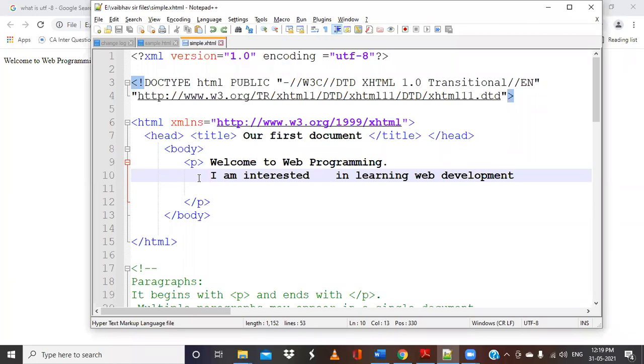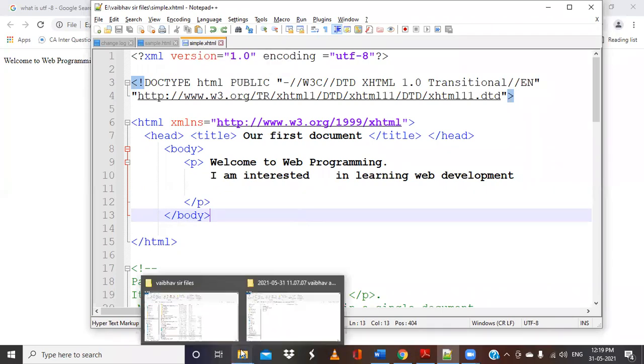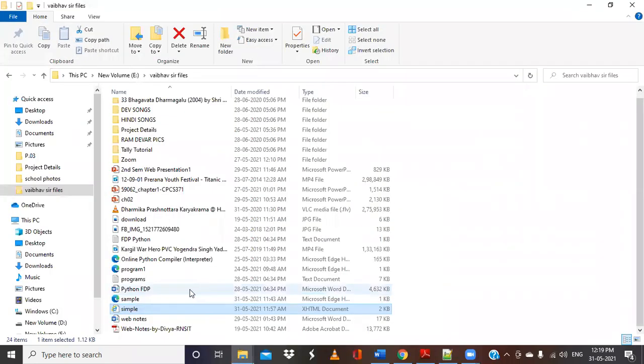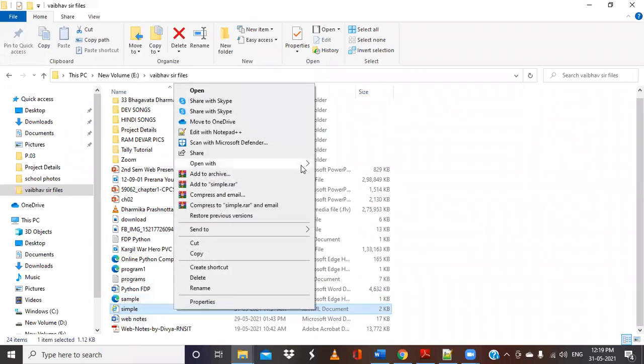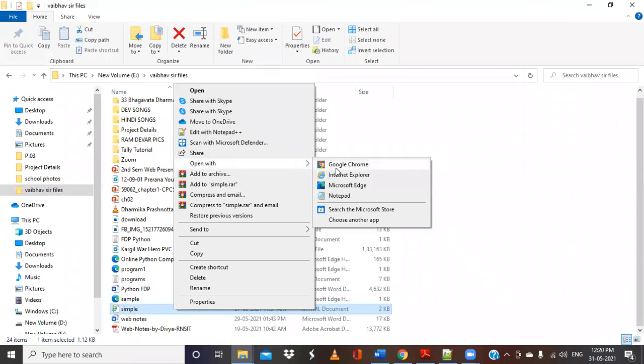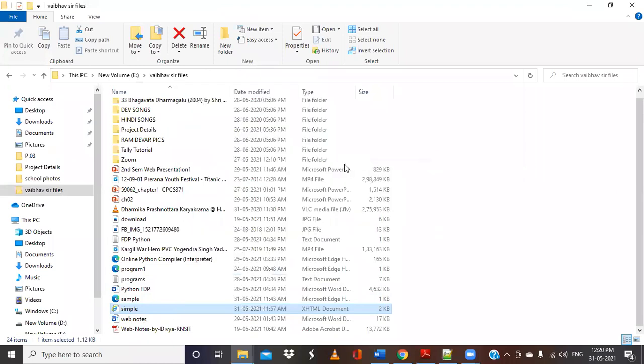So here the paragraph tag will start with this information, and when I run this, what will happen? I've written this information in the paragraph tag. So we'll just run this particular file. I have saved this as simple.xhtml. I need to go to that respective directory, and from this, this is the program. So open this and say open with any of the browsers. You can run with Chrome, Firefox, Internet Explorer, and so on. I will just click on Google Chrome.